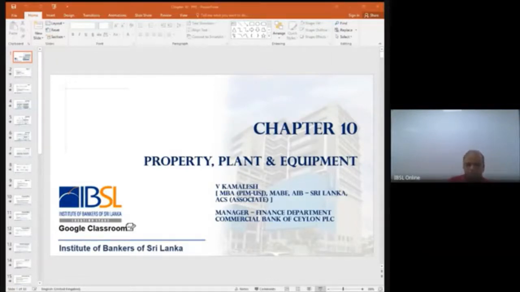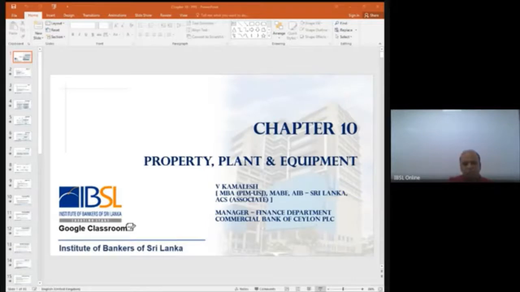Okay. Then there is a widely popular method, which is known as the reducing balance or diminishing balance method. Now what happens here is, earlier you were depreciating based on the depreciable amount. Now here it is not the depreciable amount.